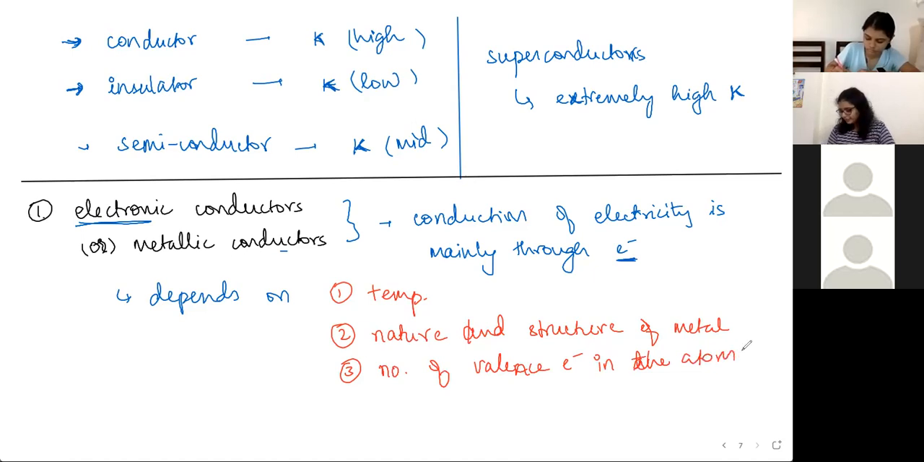So sodium has only one valence electron, so every atom can spare only one electron. Compare that with aluminium, which has 3 valence electrons, so every atom can spare 3 electrons, which can carry electricity. Okay. Another major point for this kind of conductor is,